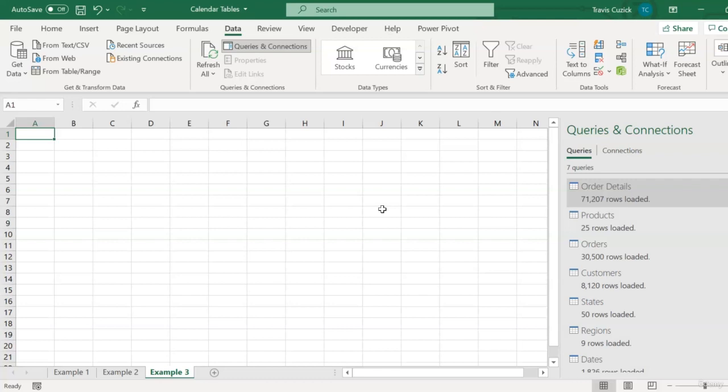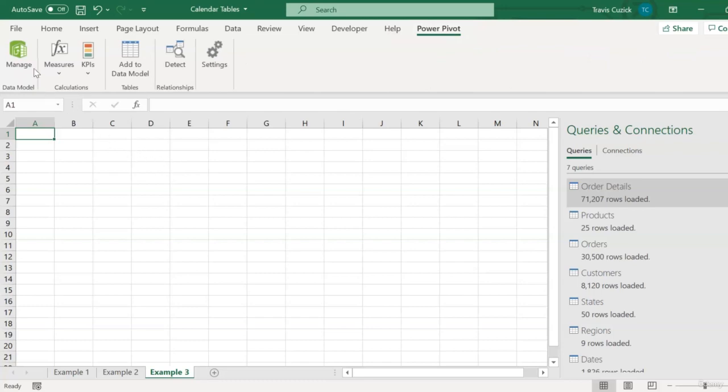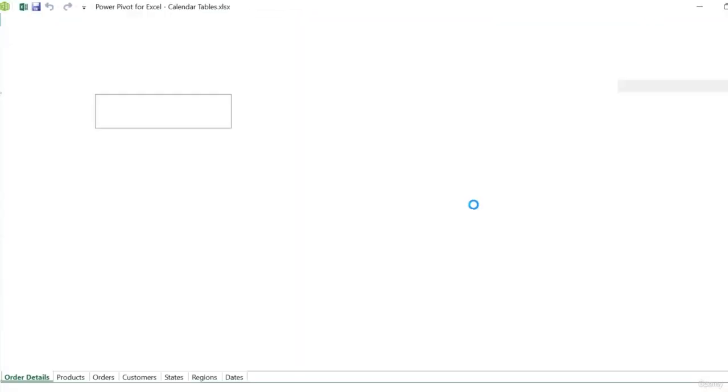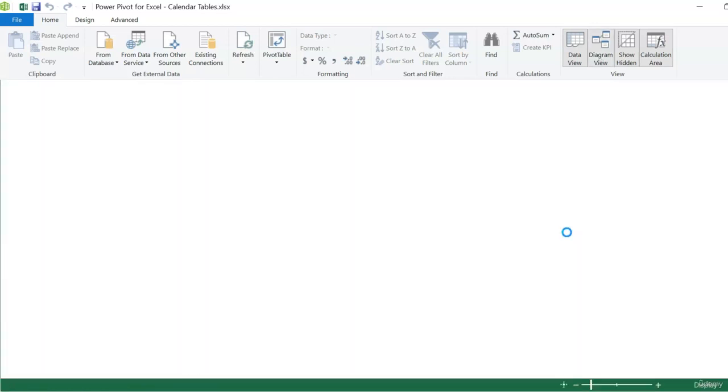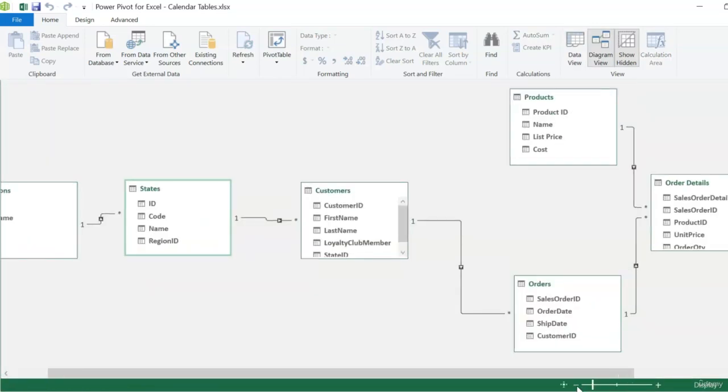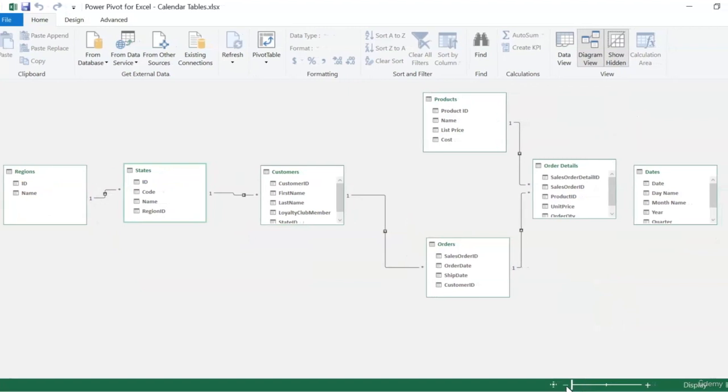And now that my dates table is loaded, I'll go back to my data model by hitting the Power Pivot tab on the ribbon, and then the Manage button. And then if we go to Diagram View, and then zoom out just a bit, now we see our dates table in the data model. But as I'm sure you've anticipated at this point, we can't use it in our Power Pivots until it's connected